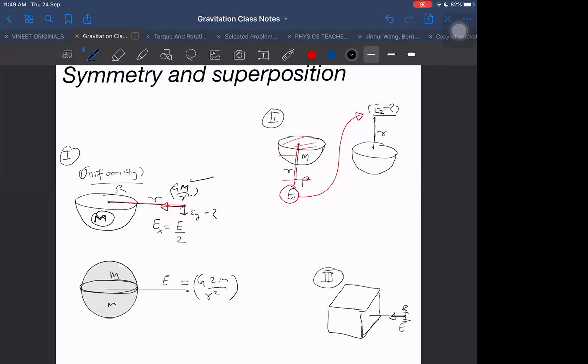And we can verify also very quickly. Let us say I am very, very far away from it. Then this will appear like a point mass. And for a point mass, if it is the same distance away on both sides, then the field will be equal. How can it be E by 2? You tell me. If small r is very, very large as compared to the radius, then it will appear like a point mass or not? What is the answer, sir?